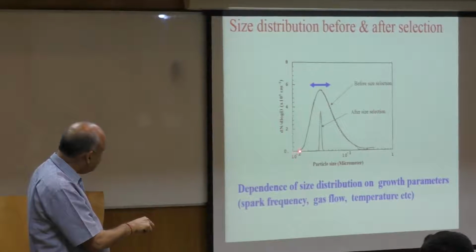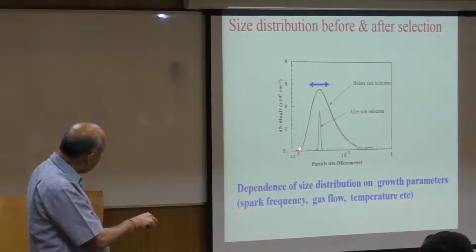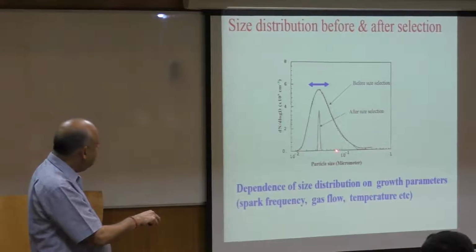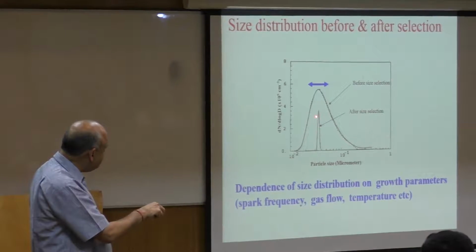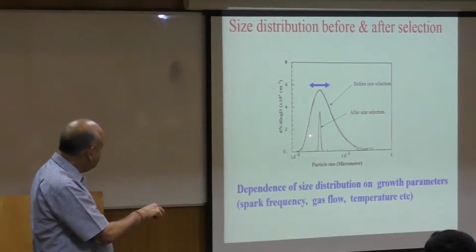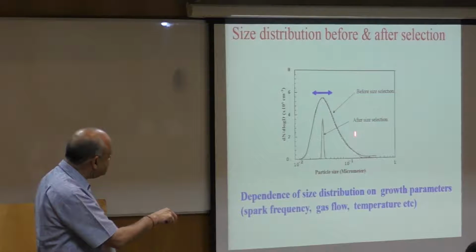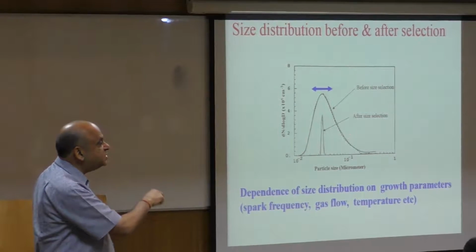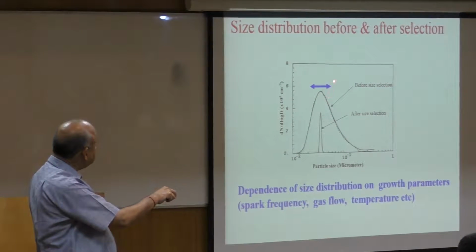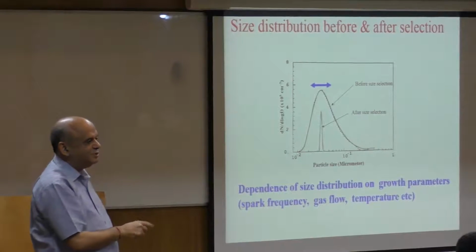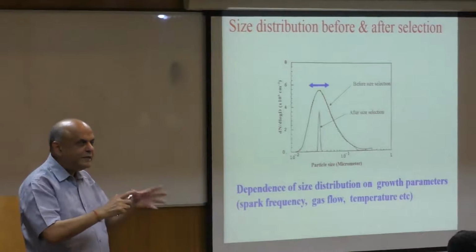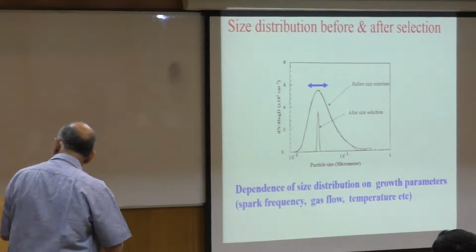What we are doing is, from this broad distribution of the particles, we are selecting particles which have a very narrow size distribution. So we can select particles of this size. If we want to select particles, let's say of this size, we have to shift this distribution in that direction so that this peak comes at that point where you want to select. So there's a lot of manipulation of the material that has to be done. And in the next step,